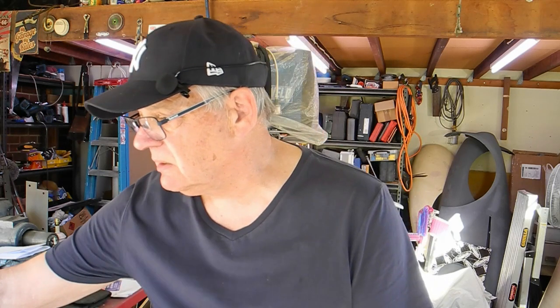So we're keen to move the car out, and so it's now a matter of finishing these slides and putting the seat pans in and locking it all down finally. I've made here